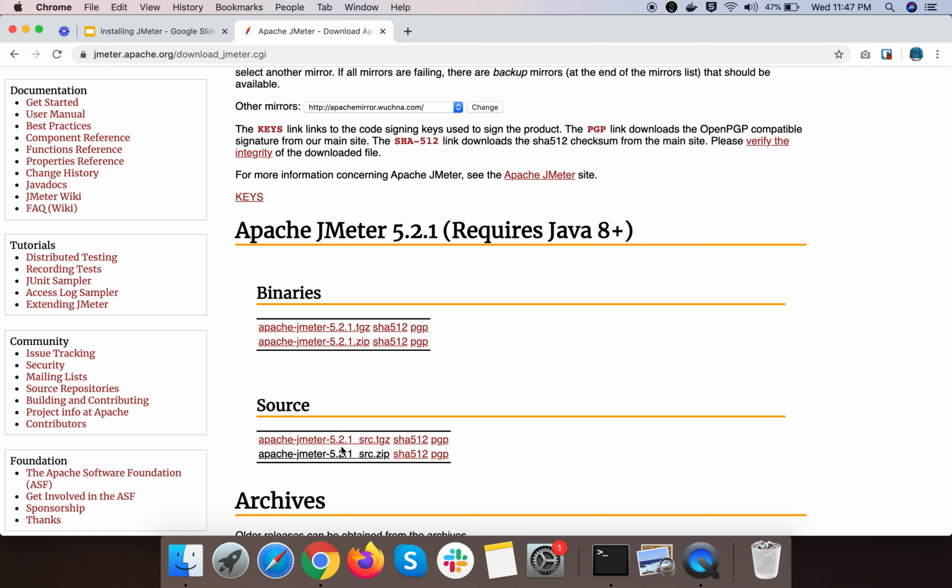Basically, this is the code that you can compile in your IDE, like Eclipse or NetBeans, and start contributing to the JMeter project. But in case you just want to run JMeter, you can download the binaries zip file or tgz file, and start running JMeter.